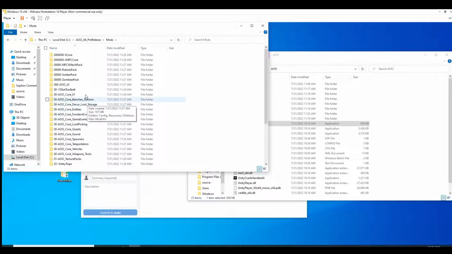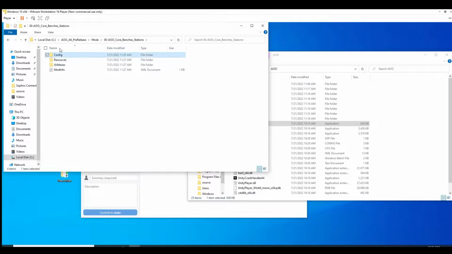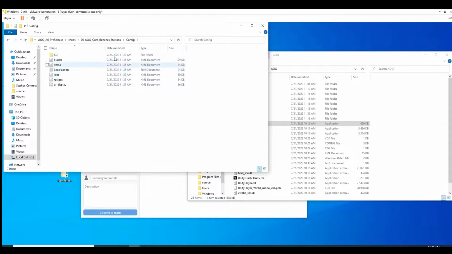If I go into, dang, what were the changes? I know changes. Go to benches and stations. Oh, here you can see config 11:35. So you can see this file changed when I just pulled it. Go into the config. Here we go. These are the new files